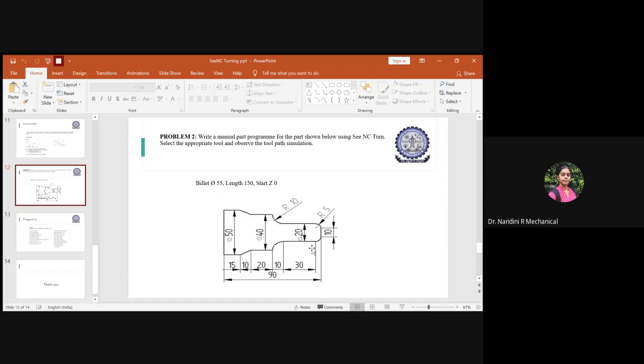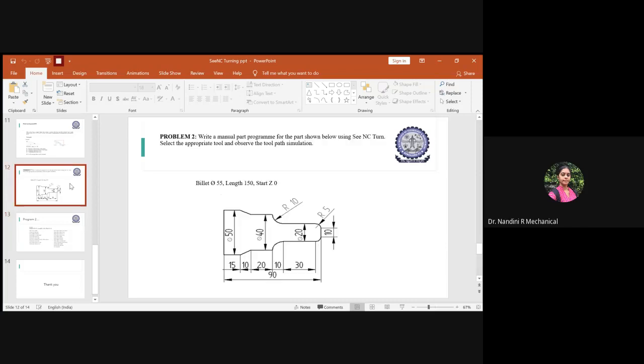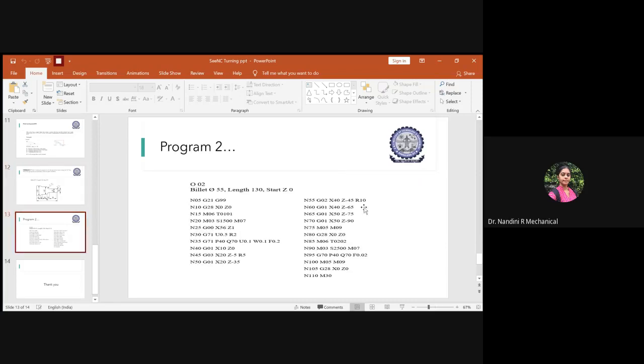Initially it was 20 here, so now it is 40. So X will be 40, and the Z is increased: -5, -30, -10, so it is -45. Hence X will be 40, Z will be -45, and the radius for the circular interpolation is given in the question as 10. So you will write R equal to 10.